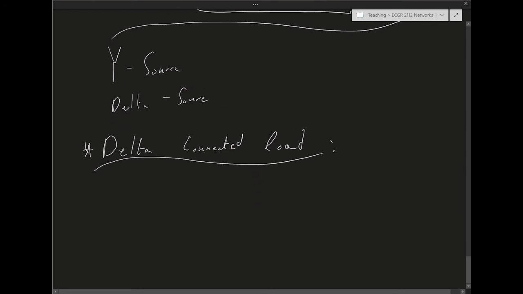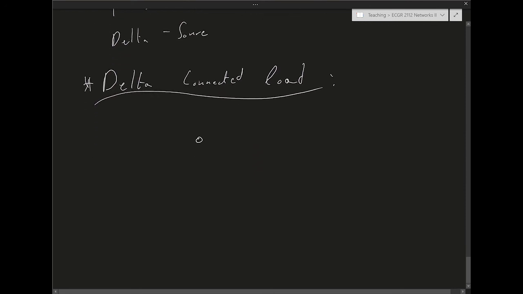Okay, so again, we have three phases, and we are agnostic on whether those phases are line to line or Y or delta essentially. Whether it's Y or delta, we can always find the equivalent Y and the equivalent delta. That's fine. So let's assume it's Y,